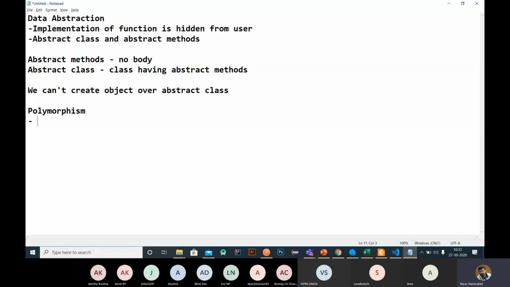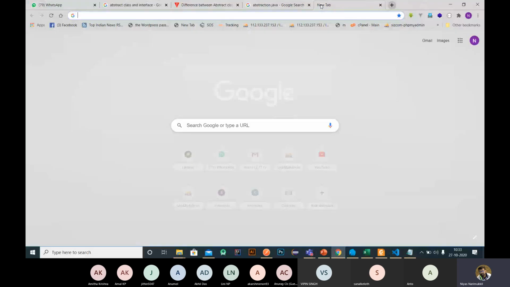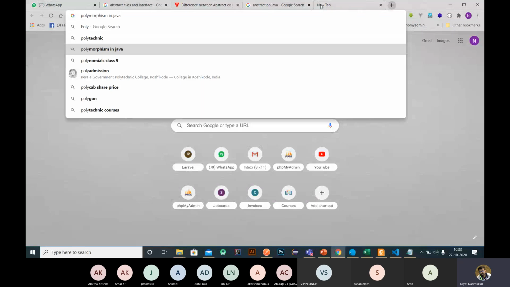I will show you the proper definition. Polymorphism is achieved basically with the help of abstract classes, right? Polymorphism means many forms.